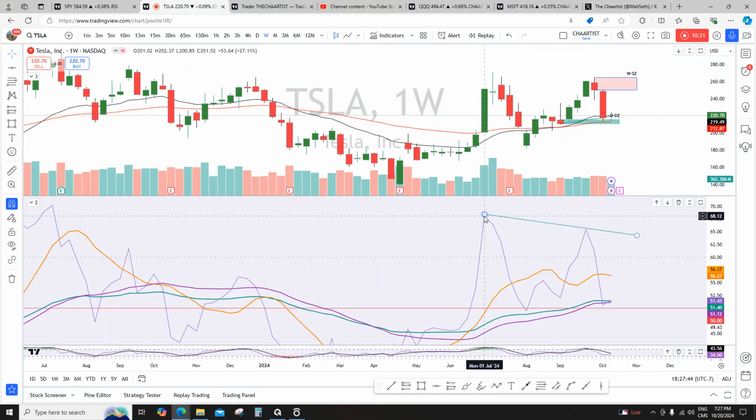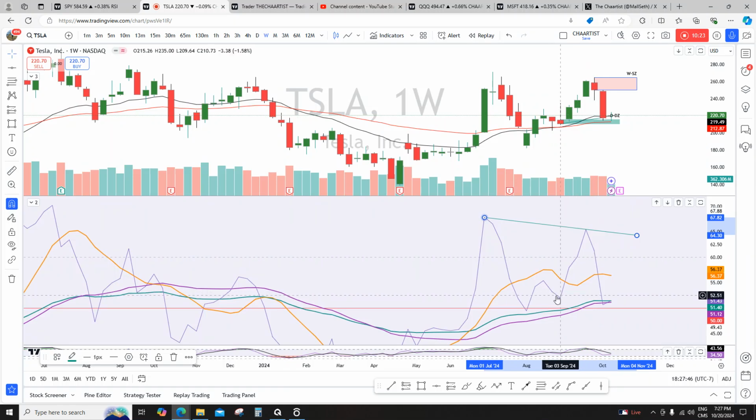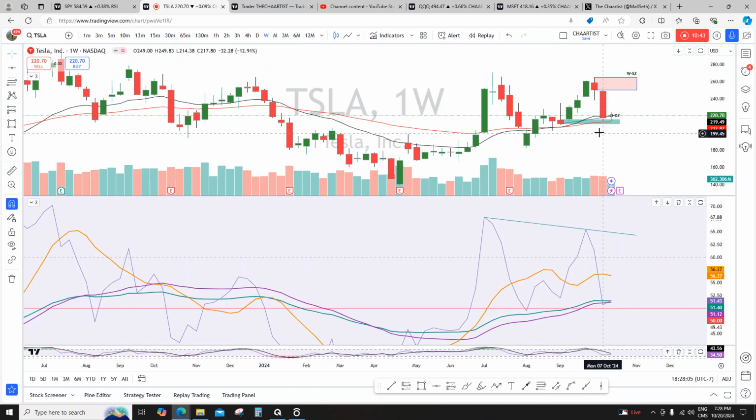And forget bear divergence, it's like nothing. This is the meat and potatoes of RSI. Okay, this is how you trade RSI. And all this selling which is happening from RSI is happening in the 50 to 60 range, and it is happening in the previous tops. So this is how price action works. It is creating momentum, and the weekly trend is up, by the way.